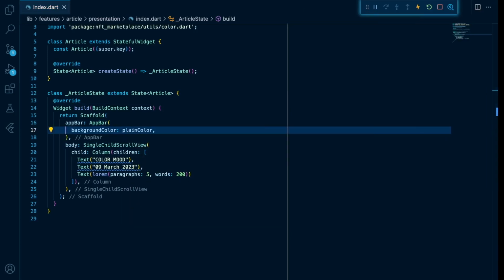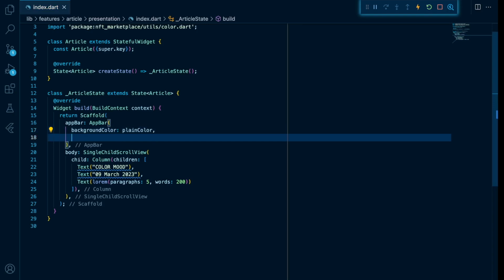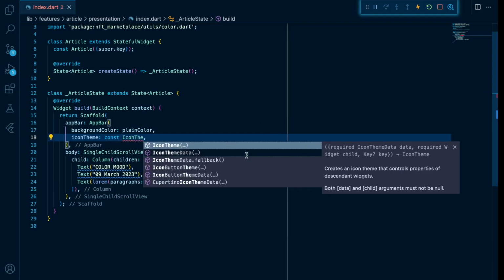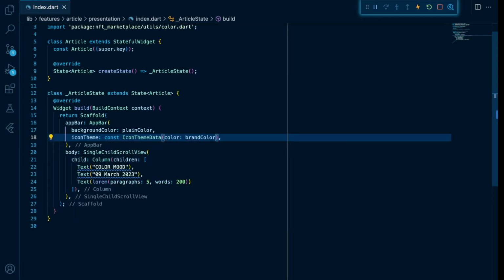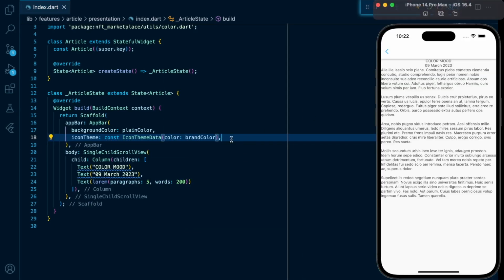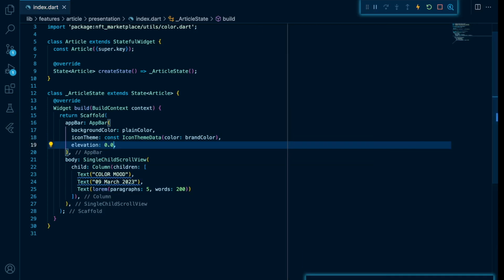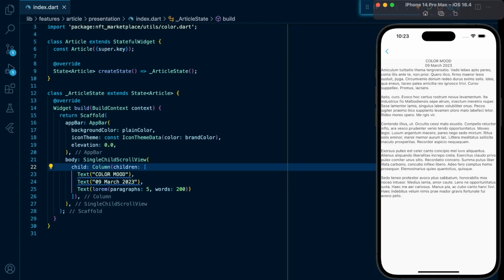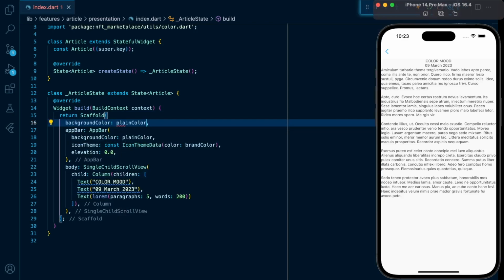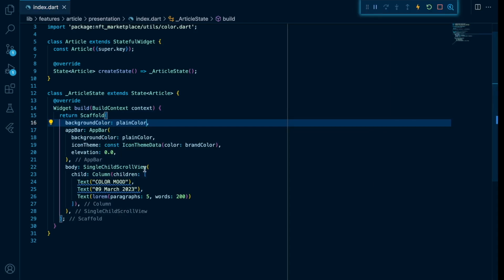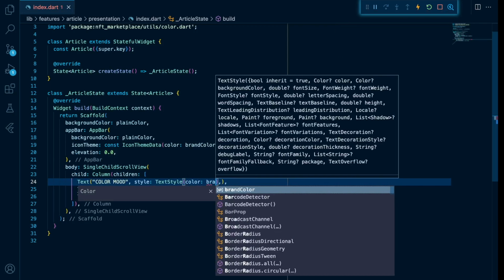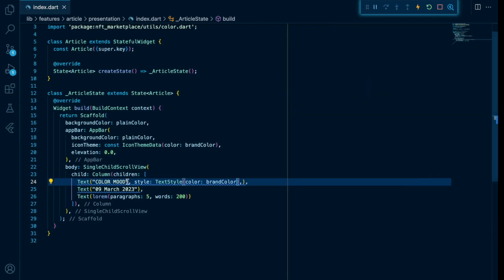Starting with the up bar, we just want to give it that effect where it's starting from the top of the device downwards, without any break in terms of color. So we're setting the up bar to white and removing the elevation. And also setting the body to plain white, so that it looks like the screen is flowing from the top of the device downwards. Now let's work on the style,